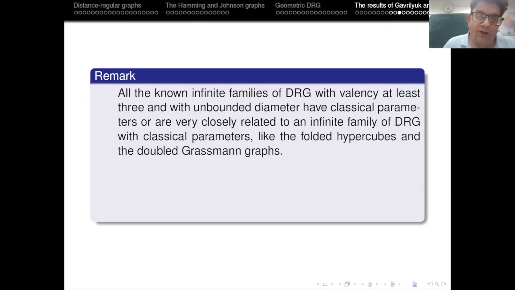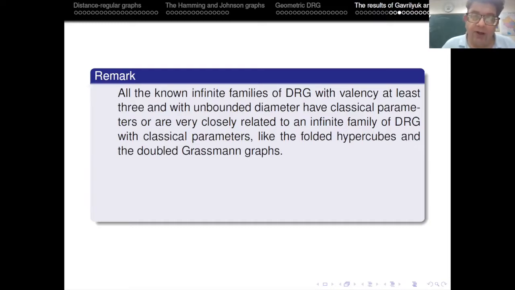So either they are themselves classical or they are somehow primitive. But the primitive graph: if you have an antipodal graph and you look at the folded graph, then that has classical parameters. If you have a bipartite graph, then the halved graphs